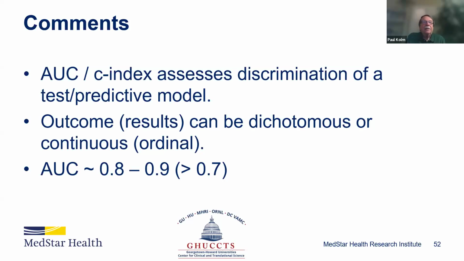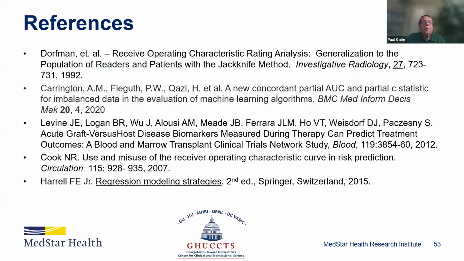But anyway, both the AUC and the C index, as I mentioned, are the same thing, and we want to get that really high. As it approaches 1, we're having really good discrimination. As it approaches 0.5, we're getting not so good discrimination. Okay, and so I have then a number of references here that you might want to consider, that look at